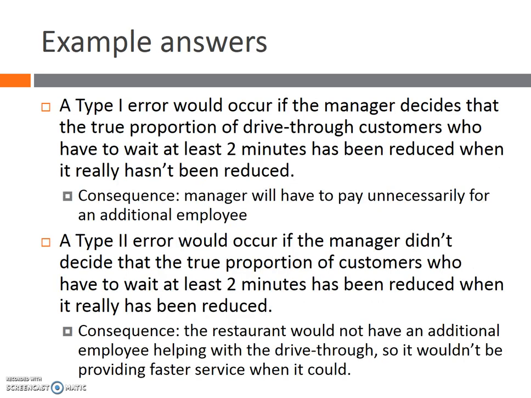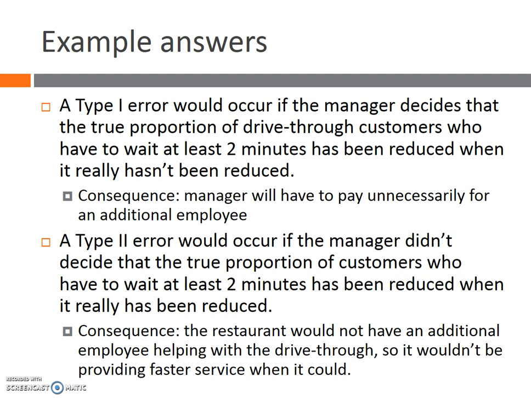In this case, a type 1 error would occur if the manager decides that the true proportion of drive-through customers who have to wait at least 2 minutes has been reduced, when in fact it really hasn't been. So what's the consequence here? Well, the manager is going to have to pay unnecessarily for an additional employee when they really didn't need to